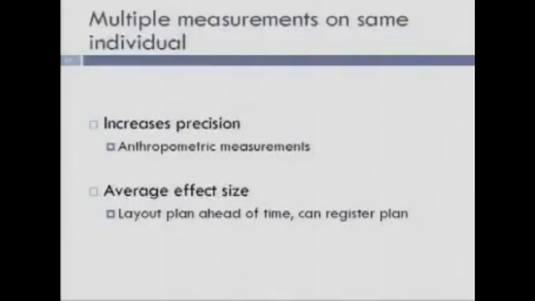Okay. So you've got some hypotheses. You've got some things you want to measure. There may be cases in which you want to take multiple measurements on the same individual. So you may want to do that just to increase precision. I mentioned the difficulty of getting anthropometric measurements. You may just want to say, we're going to weigh people and take their height at the beginning of the interview, and we're going to do that again at the end of the interview, and we're going to take the average. Okay?